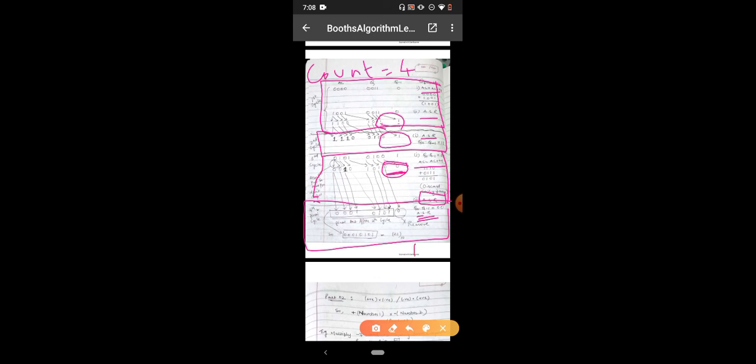So in the final cycle, you get the value of the AC register to be 0001 and 0101, and then this q minus 1 bit to be 0. This you have to discard. Also, one more thing to be taken care of is that sometimes you may get a carry, as over here in this third cycle. I forgot to mention, in the third cycle you may get a carry. At that time what you have to do is discard the carry if at all it is there.